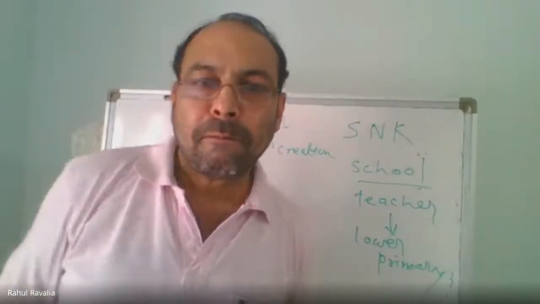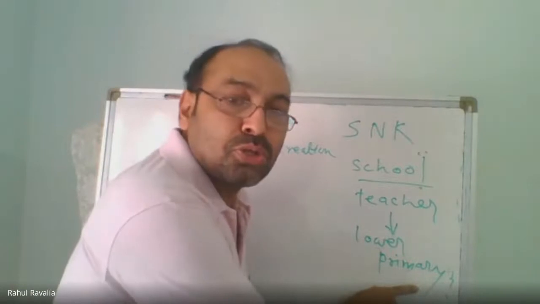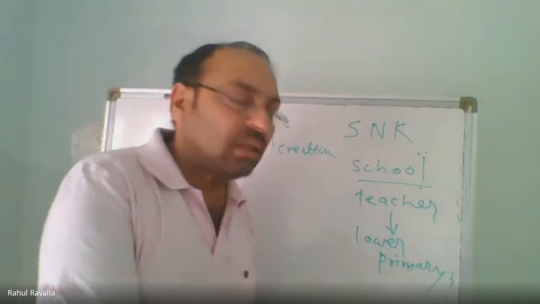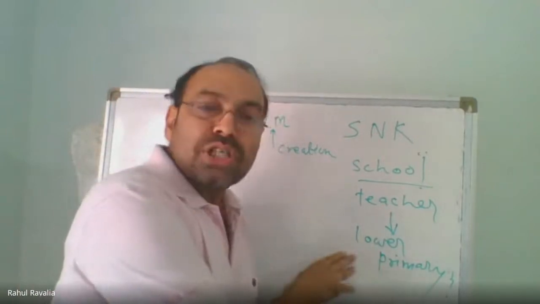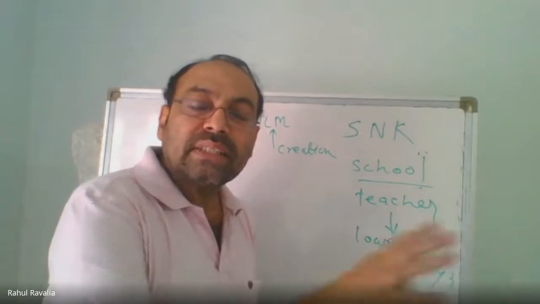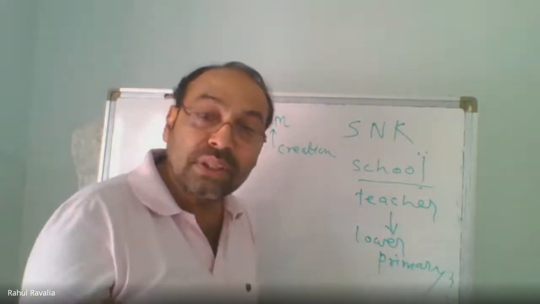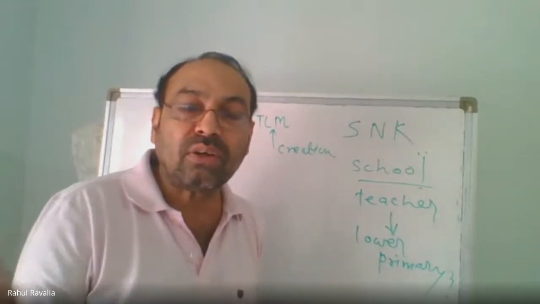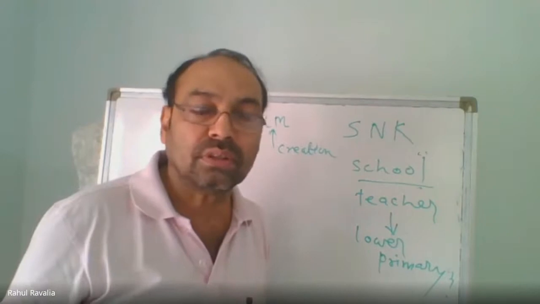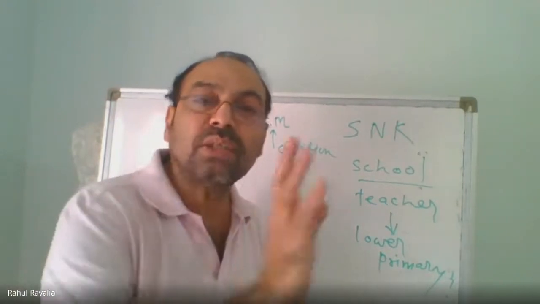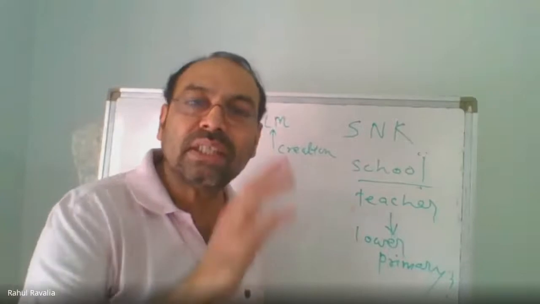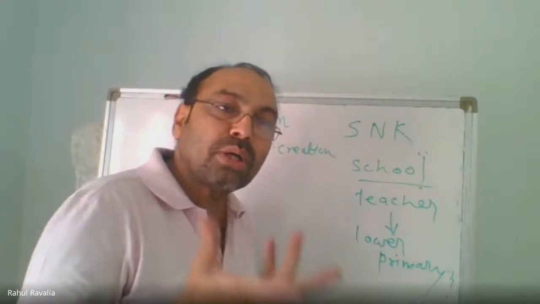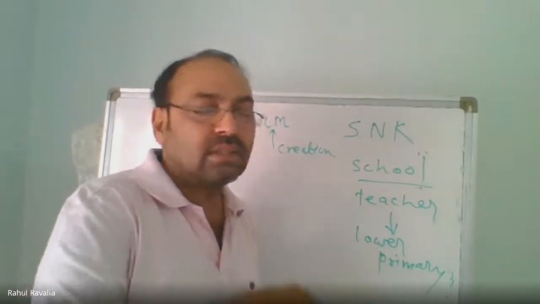Okay. Look at this. It is a lower primary school. You are going to teach children from 6 to 10 years of age. As you know, the psychology of a child is totally different from the psychology of an adolescent and of a youth. It is totally different to teach in college, in high school, and in lower primary school, because child psychology is something different.